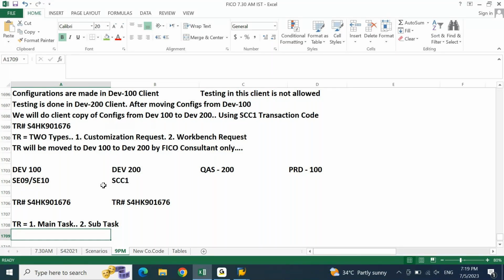Once we move the TR to the quality, can we use the same TR now, sir? We need to create another TR with another number. So once it is moved to quality,